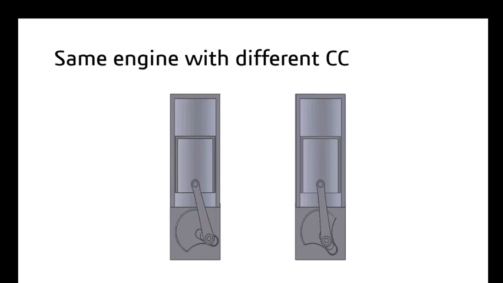If you observe this high cc engine, say this is the center of the crankshaft and the crankpin position is far from this center. Based upon this length, the cc volume, or the swept volume, in this engine is more than in the low cc engine. This is the length that the low cc engine actually has.